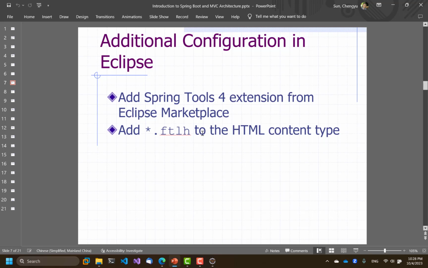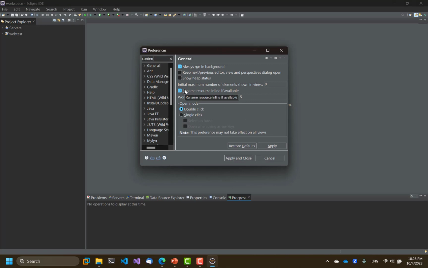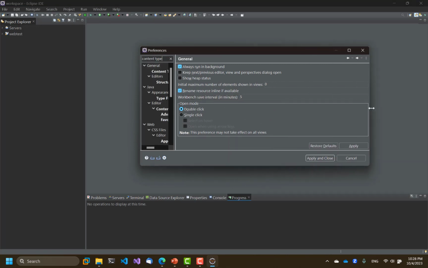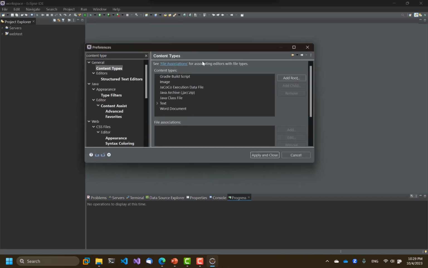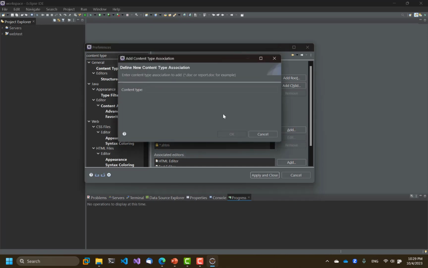.ftlh suffix to the HTML content type. So we will go to Preferences, we will search for content type, and it's here, and the HTML content type is under text. It's right here. So notice that by default .htm, .html, and a few others are associated with the HTML content type, and we'll add one more, which will say